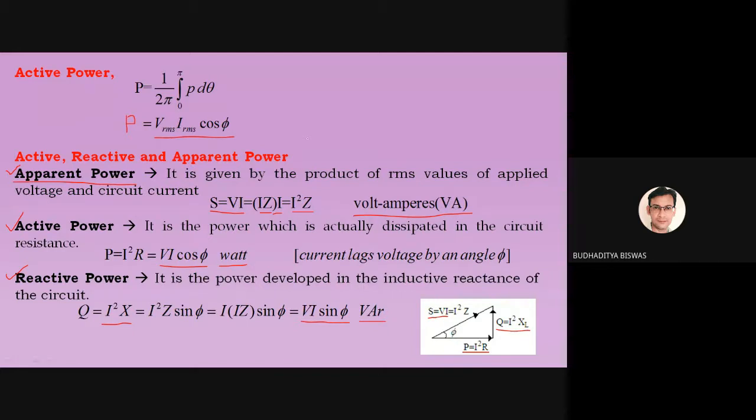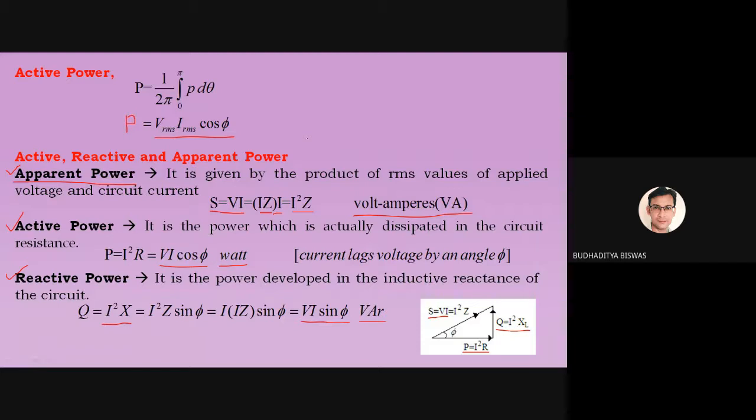Not from the transformer, from the road, the roadside pole. Okay, sir. And from where is the power coming to the roadside pole? It is actually coming from the power plant. So the power plant is responsible to generate all the electric power which is consumed by the load to run the electrical appliances. So in your home, you only pay the bill to use the active power, whatever is required to run the motor and all these things.